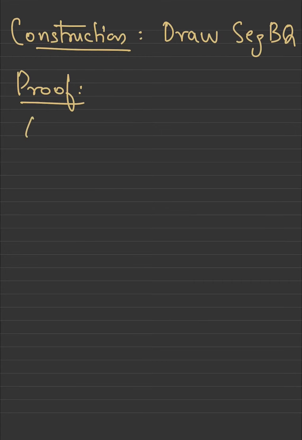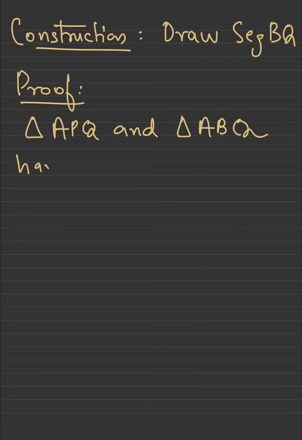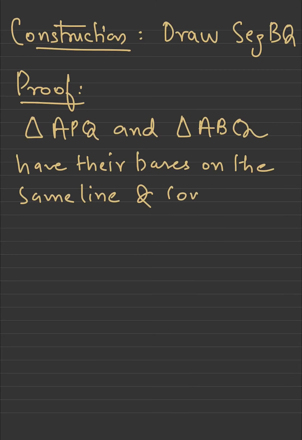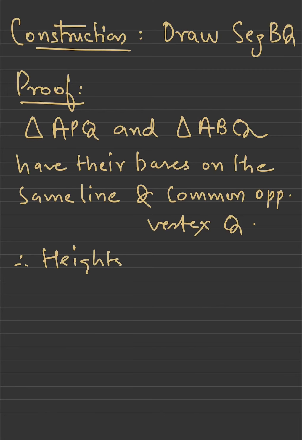You can say triangle APQ, the green triangle, and triangle ABQ, the pink triangle, have their bases on the same line and a common opposite vertex Q. Therefore, heights are equal. Their heights are equal. Now, if the heights are equal, you can say area